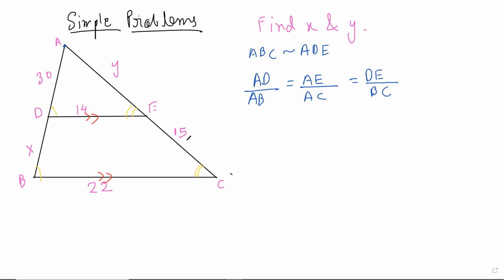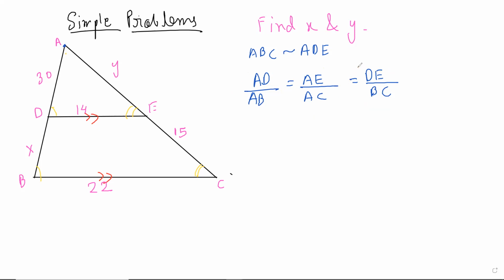So ADE, okay, for the other people, just be a little patient, okay? So ADE is stretched to ABC, right? And that's why, because these sides are parallel, as you can see, and this angle is common to both, AD will be stretched to AB. So this is the scale of stretching, and that will be the same as AE by AC, and that will be the same as DE by BC.